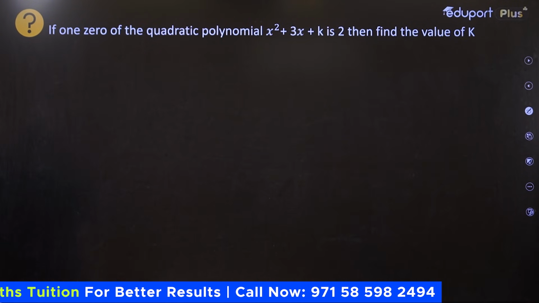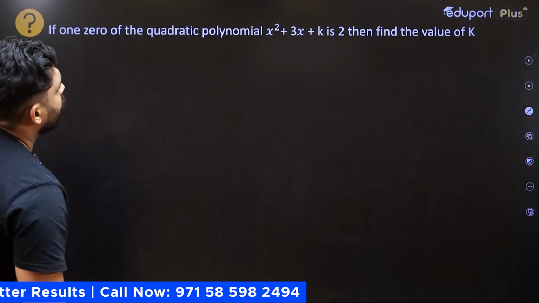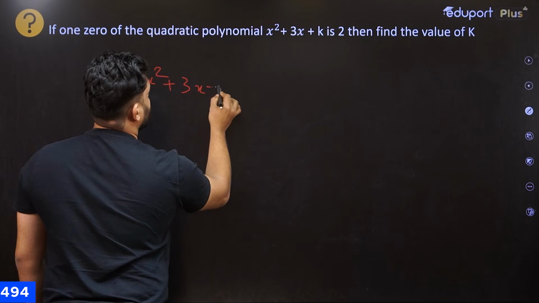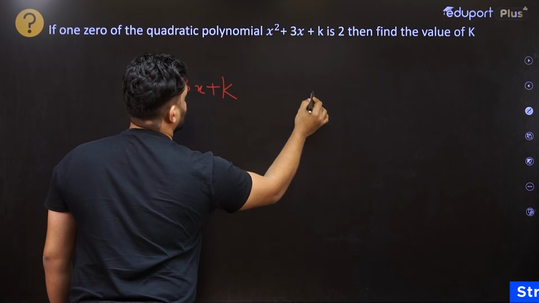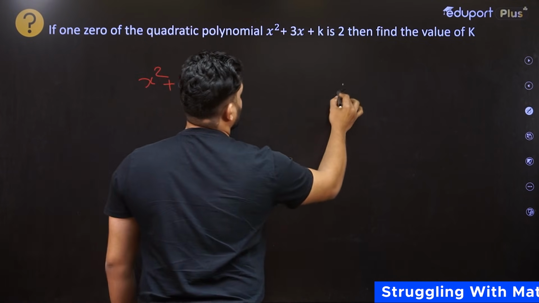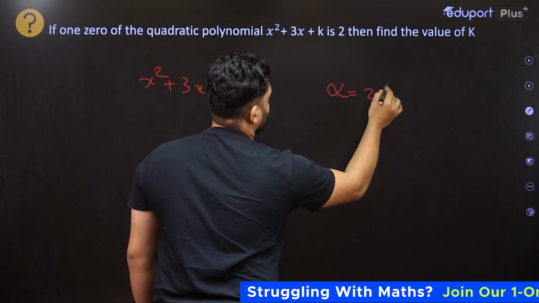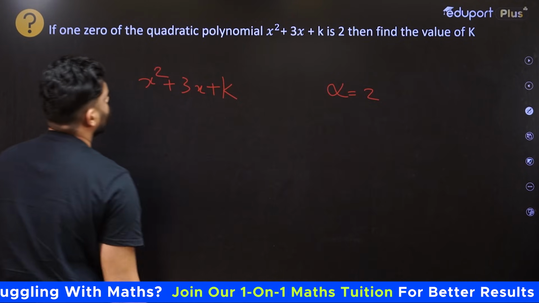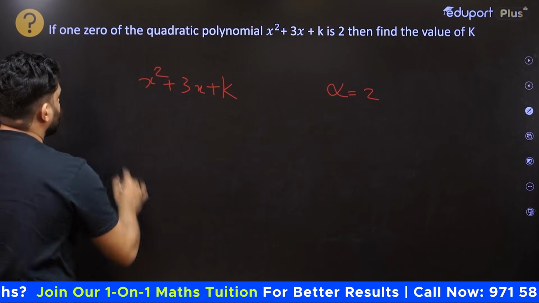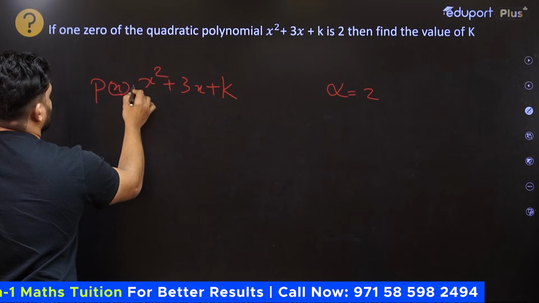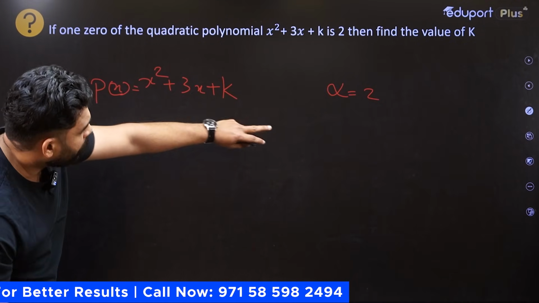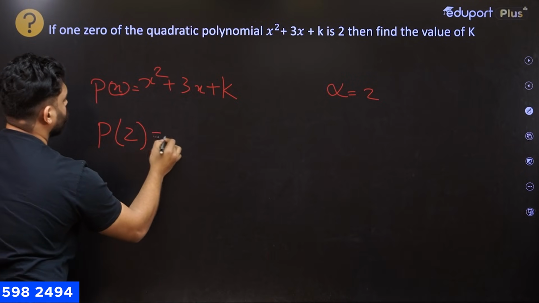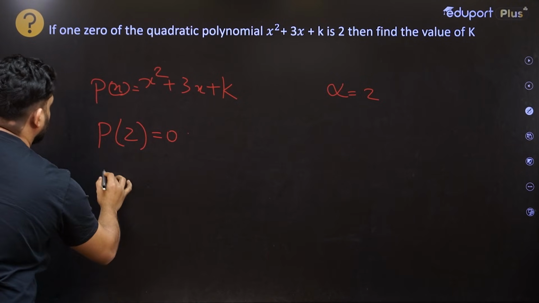If one zero of the quadratic polynomial x square plus 3x plus k is 2, find the value of k. So from here you have to find the value of k. Here p of x is x square plus 3x plus k. We know that if you substitute 2, that is p of 2, it will be 0. So p of 2 is nothing but,